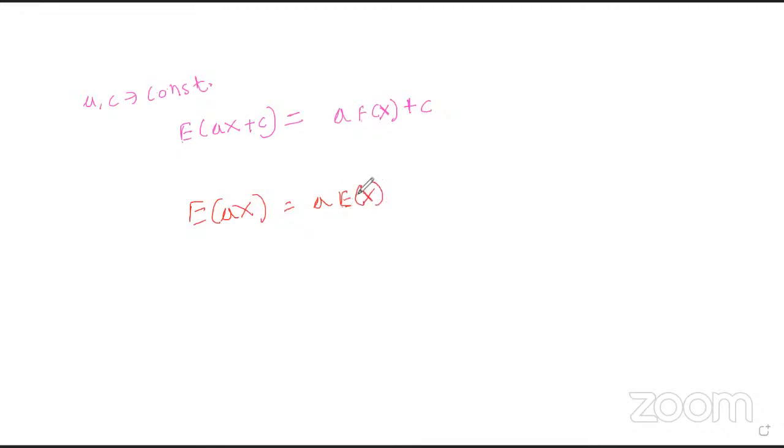Then there's this property where they say that if a constant is multiplied, it becomes a square. Oh, that's in variance. So it would be a squared times the variance of x. In variance, in general, if you add a constant, adding a constant doesn't affect it. It remains the same. It just squares the multiplier. Thank you, sir. I was confused between these two. Okay, anything else?